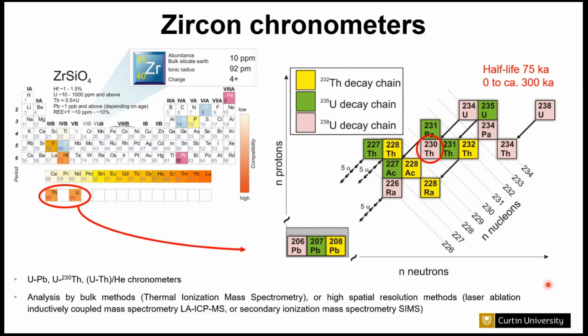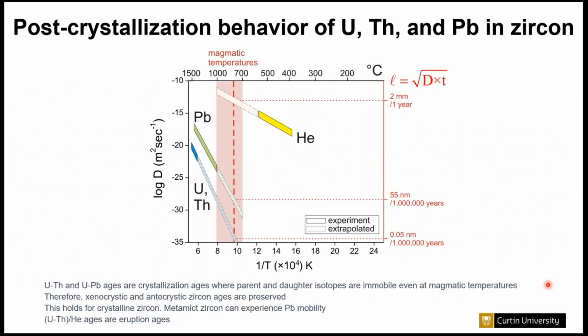So zircon is a good geochronometer, but it's not only that we have to have some radioactive elements that decay, but we also want to know what happens to these radioactive elements in the zircon crystal and what happens to the decay products. And this diagram is an Arrhenius type plot. It's a diffusion diagram where we have the logarithm of the diffusivity of different elements, uranium, thorium, and lead, against the inverse of